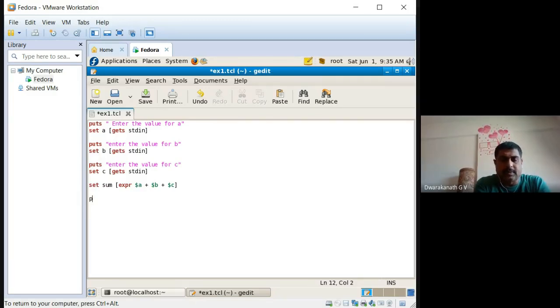First you display the sum. That is puts "the sum of three numbers".